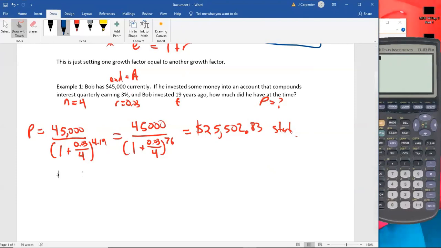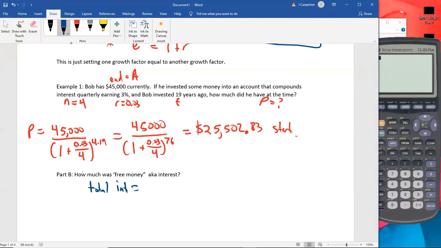Part B. How much was what I like to call free money, aka interest? I'm not asking for the interest year 1. I'm not asking for the interest year 5. I'm not asking for the interest year 19. I'm asking for all of the interest. And the total interest